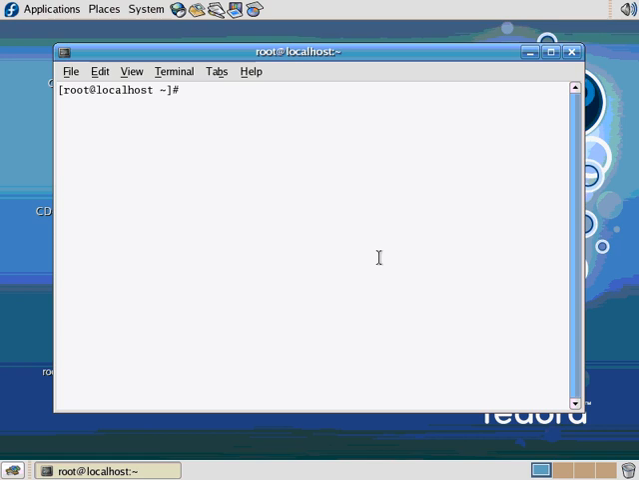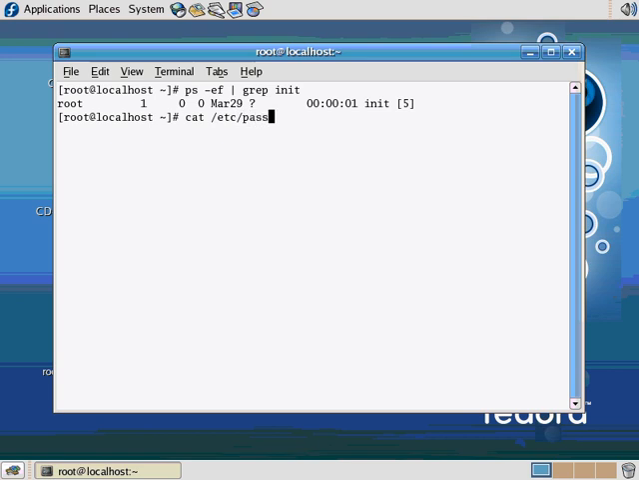So first off, let's try piping. We did ps -ef, and then we can grep for init. So we just found the init process. We can cat /etc/passwd, and we can grep for David. So we just found the user David. There's just an unlimited number of combinations you can create using a pipe to pipe output from one